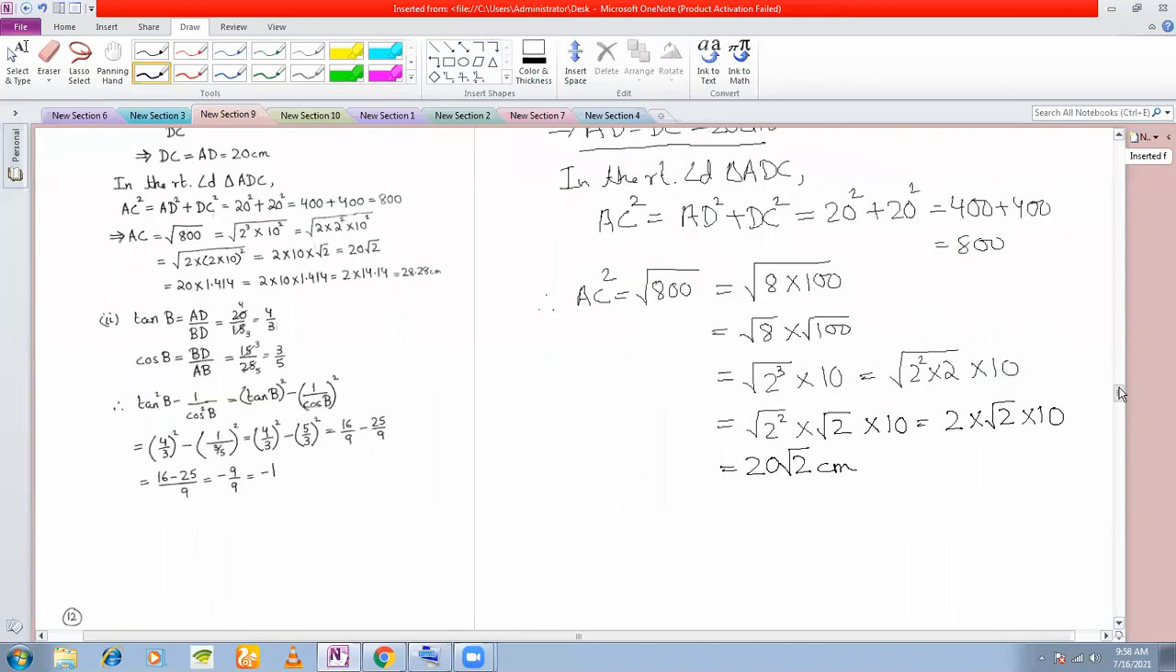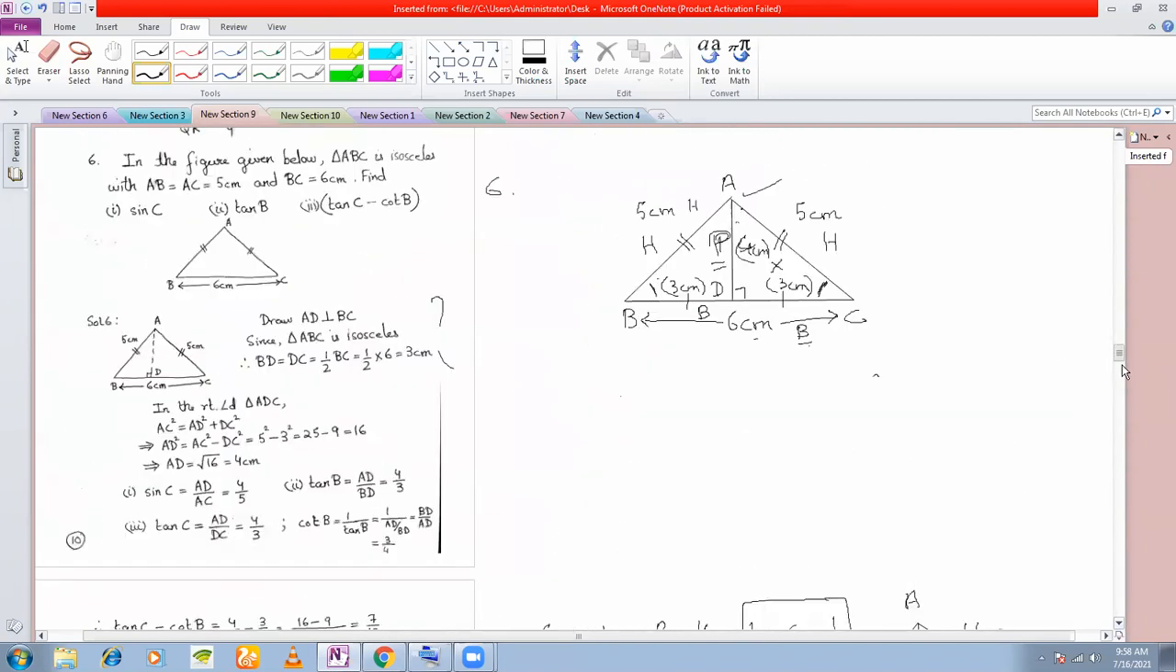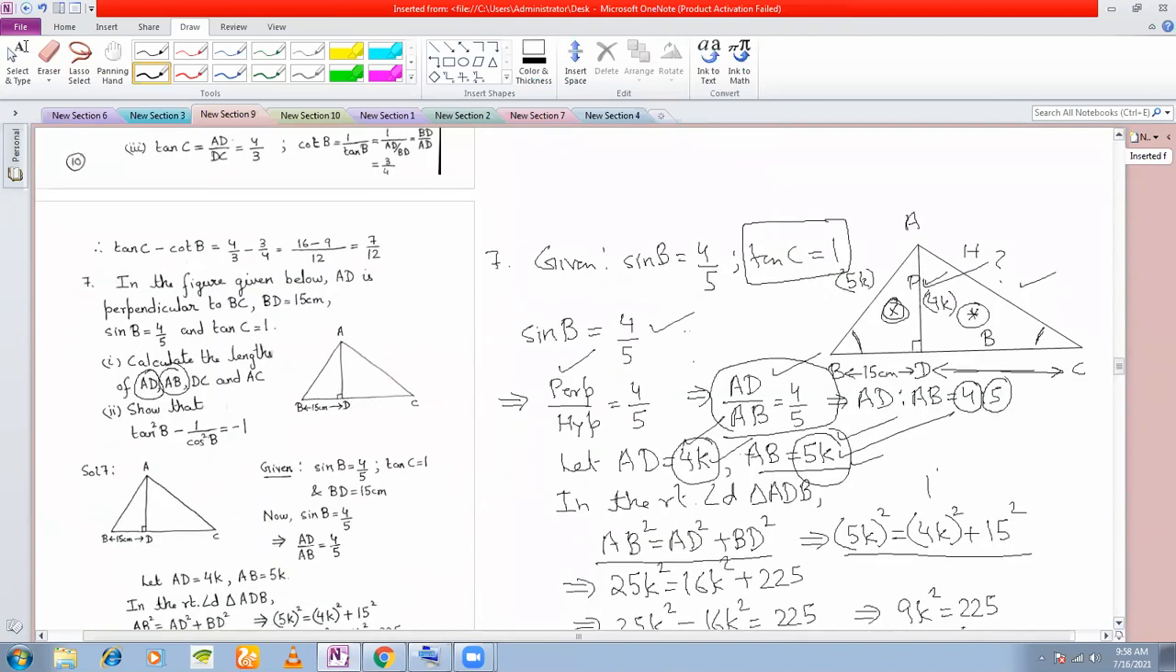You can multiply this, I told you to remember the square root of 2. What is the square root of 2? It is 1.414. So this will give you 28.28 centimeters. Okay. So that is how we find out the length. That finishes the first part of the question. Here we have found out the length of AB, AD, DC, and AC. We are done here. Okay, next we are going to move on to the second part of the question, which